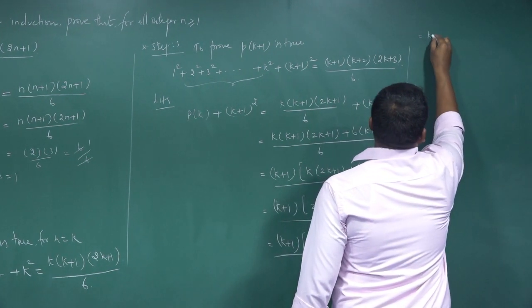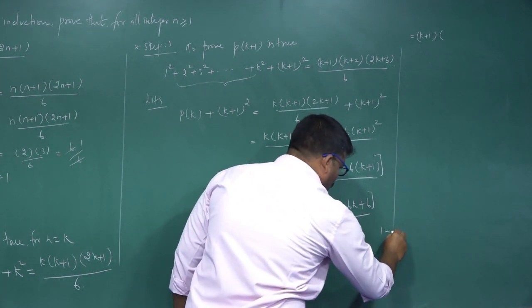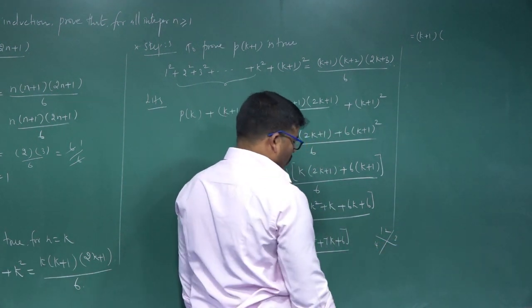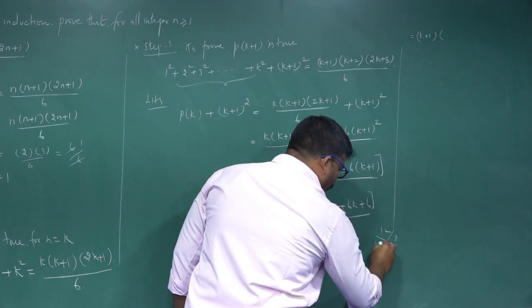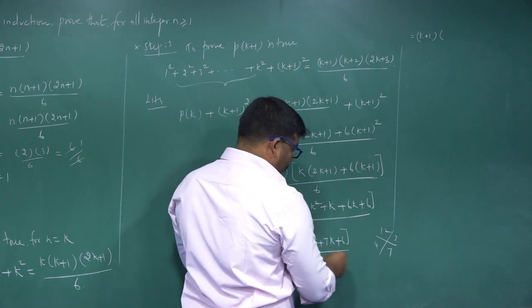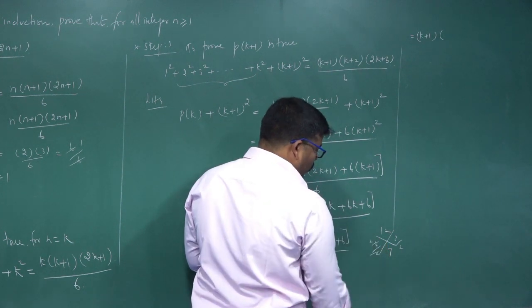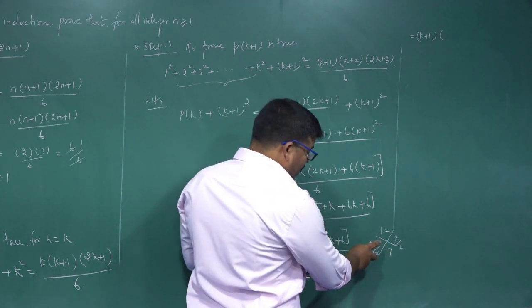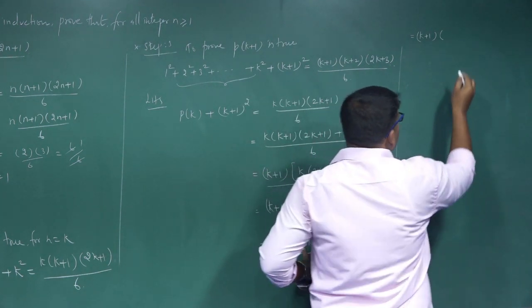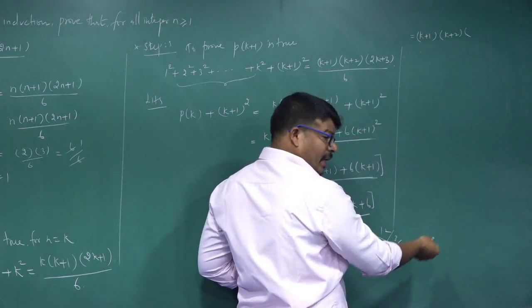That is equal to (k plus 1) into: 6 twos are 12, the center value is 7, 4 threes are 12, and the two terms 4 plus 3 is 7. So 2k square plus 7k plus 6, the factors are divided by 2. These are 2 twos are 4, and 3 by 2. Now write the factors: k plus 2, 2k plus 3. So the factors are k plus 1 into k plus 2 into (k plus 3 by 2) equal to 0.